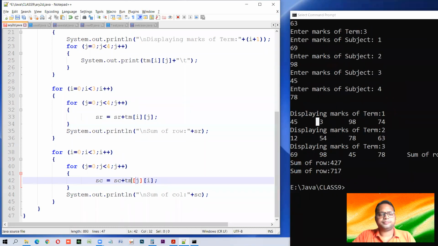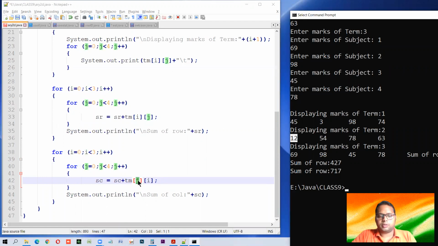सो फर्स्ट ऑफ ऑल द मार्क्स शुड बी इन फ्रंट ऑफ यू. तो यहाँ जे इनर लूप है तो जे बार बार बदलेगा और आई हमारा स्टिल रहेगा. सो ध्यान से समझिए. तो जे हमारा कॉलम है तो जे का वैल्यू शुरू में 0 हो रहा है, तो रो 0, दिस इज रो 0, लिसन केयरफुली, दैट्स व्हाई आई सेड आई वैल्यू इज 0 राइट नाउ. तो ये 45 को ले रहा है, फिर ये लूप चलेगा, जे बदल रहा है, जे 1 हो गया, यानी कि रो चेंज्ड, this 12, okay?